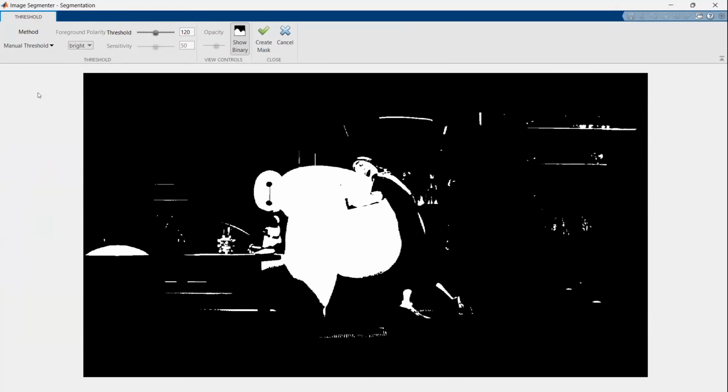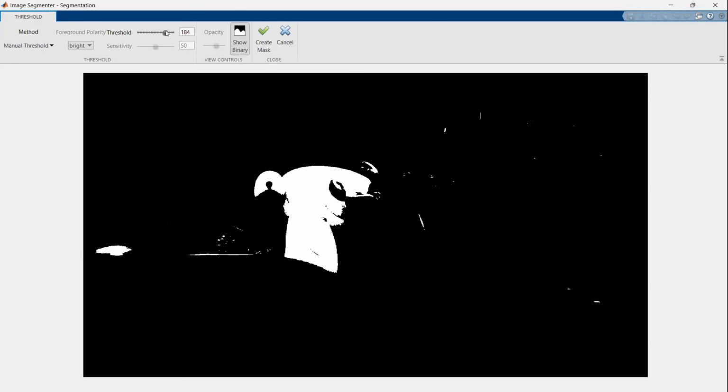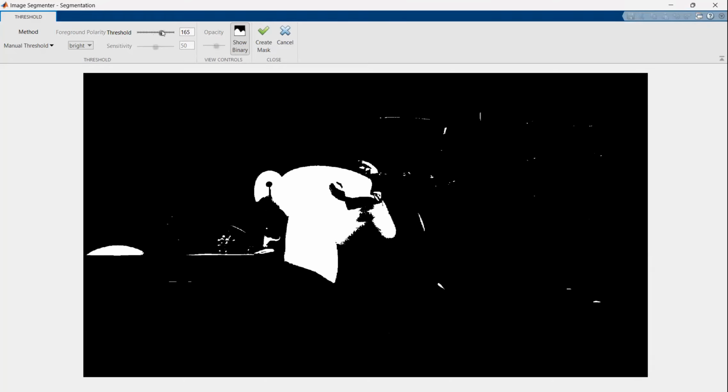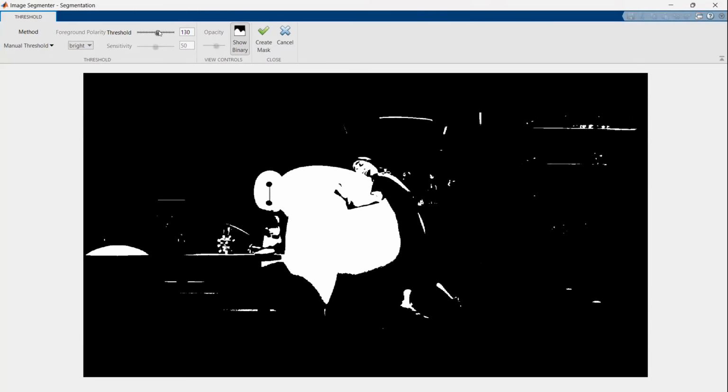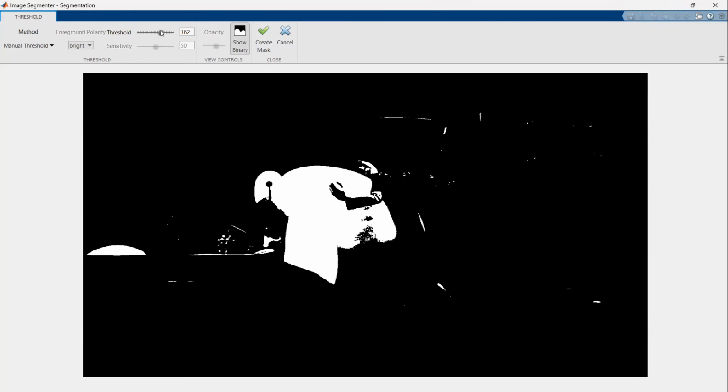This is more interesting. In the manual threshold, you can see this is the threshold value. You can change it. You can change it to high and see what happens when you make it very large. If you make the threshold very large, it becomes like this. And if you make it very low, you can see the image is completely destroyed. So let's say I want to keep the threshold,